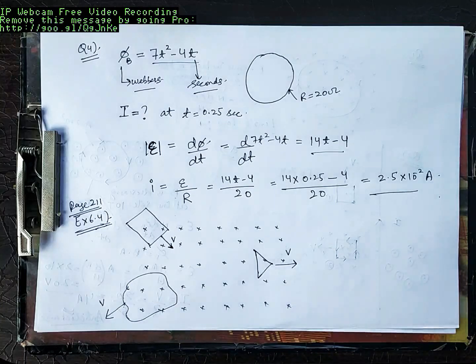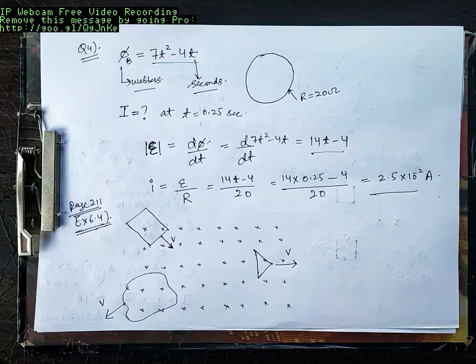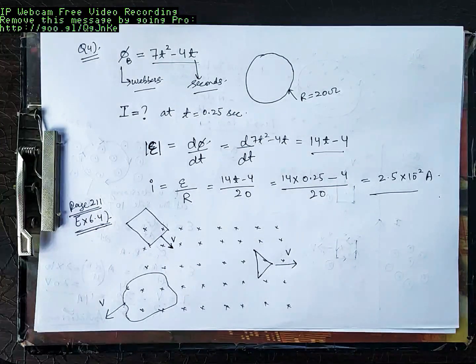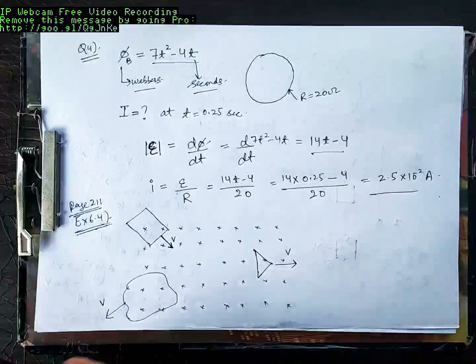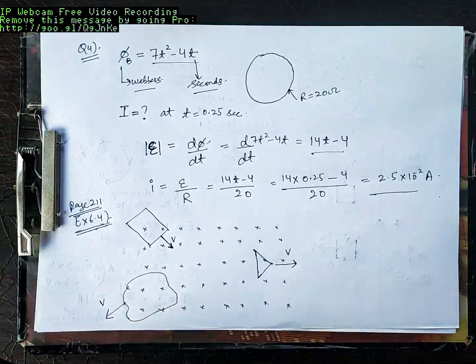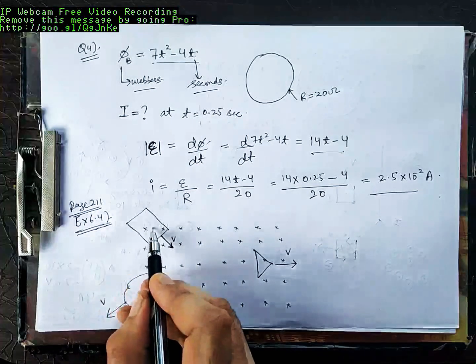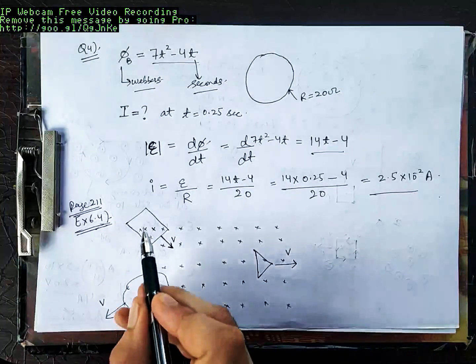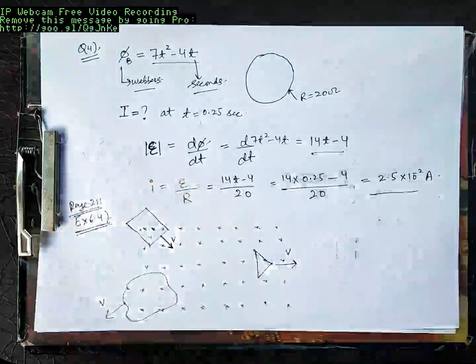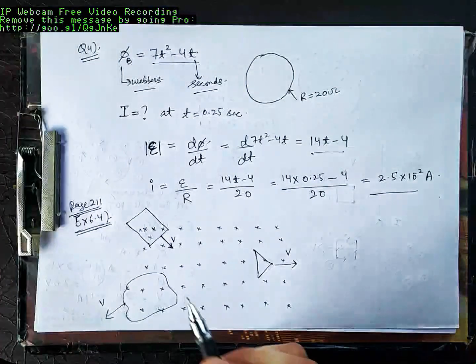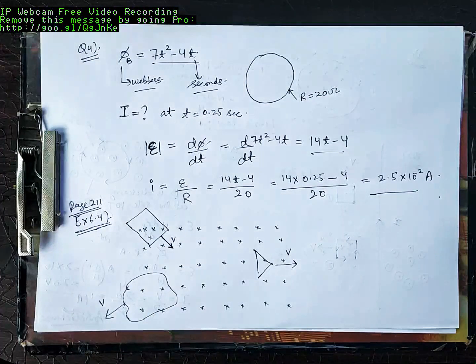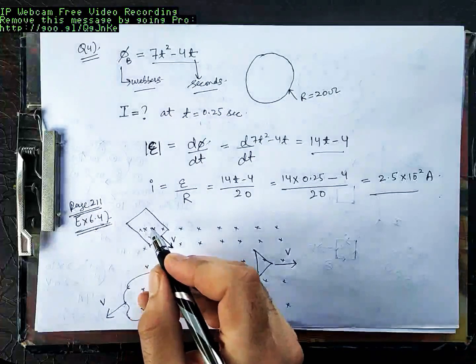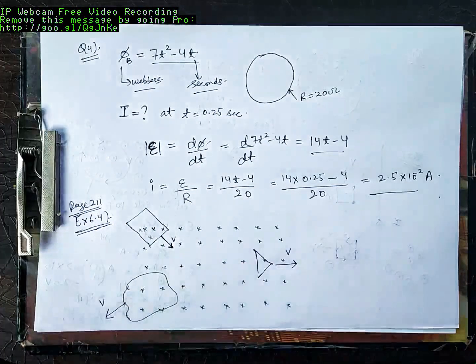You have to calculate the direction of current in all the three cases. Take example of this one. This loop is coming into the magnetic field. Initially this was half out of the magnetic field and half was inside. Once you pull this inside the magnetic field, the magnetic field is increasing, or flux is increasing. When flux through this loop increases, or there is a change in flux, there is an induced EMF, or there is an induced current. But what is the direction of current?